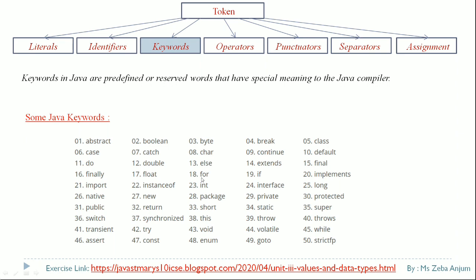See over here it is written for, and everything is in lowercase. If I write FOR again for naming an identifier, and if I make this F a capital one, then it becomes a valid identifier. Why? Because again the same reason is there. Java is a case sensitive language, and the lowercase for is your keyword, and you can use capital FOR for naming an identifier and so on.